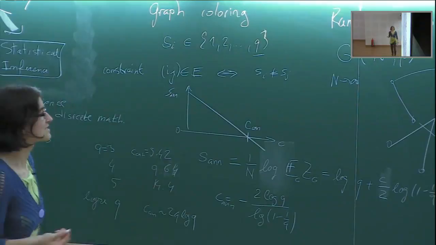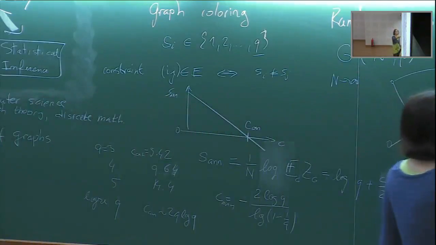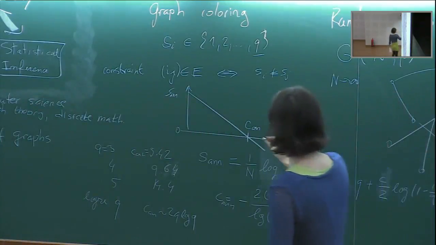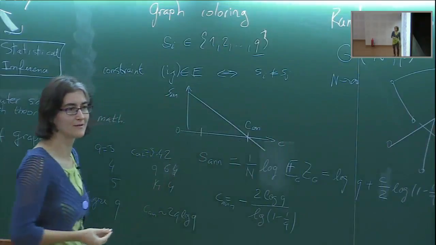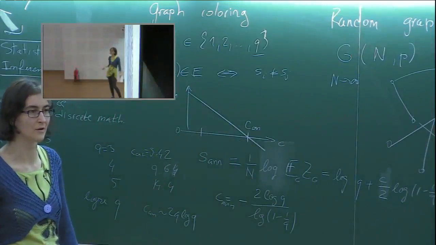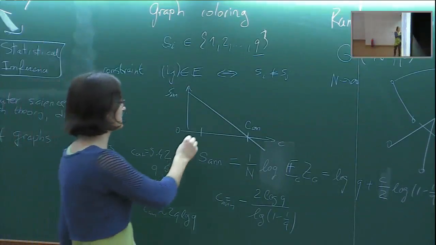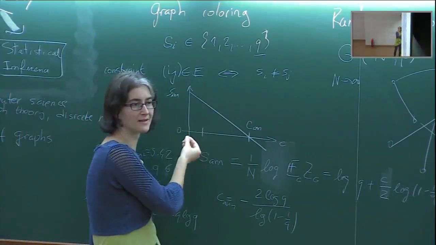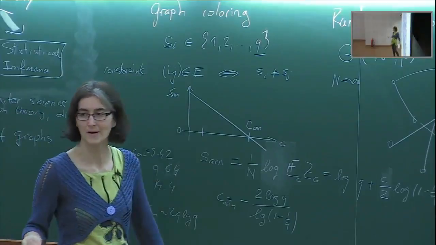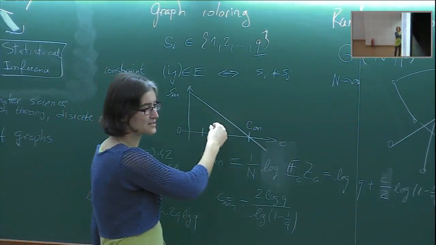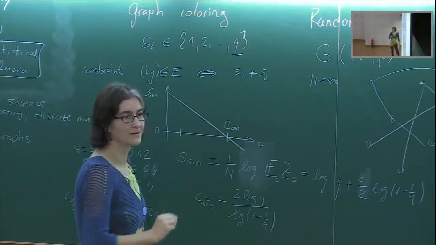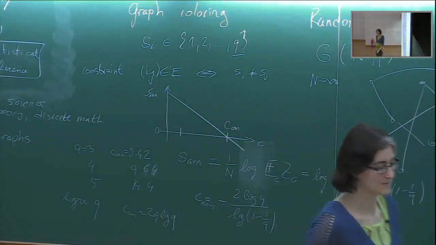So that's somehow justifying that this is the right kind of scaling here, because when the graph is really sparse, meaning c, for instance, is smaller than 1, it means that the graph doesn't even percolate, then we can color it with very few colors. So we will be able to find some really trivial lower bound on how many colors we need. Maybe the percolation is even too much. Even before we have the q-core, a graph can be colored with q colors.